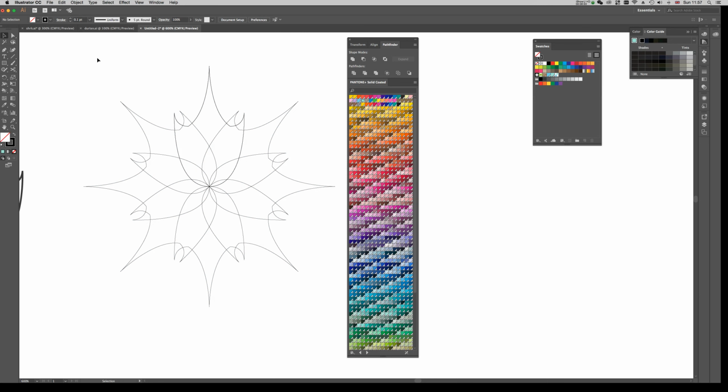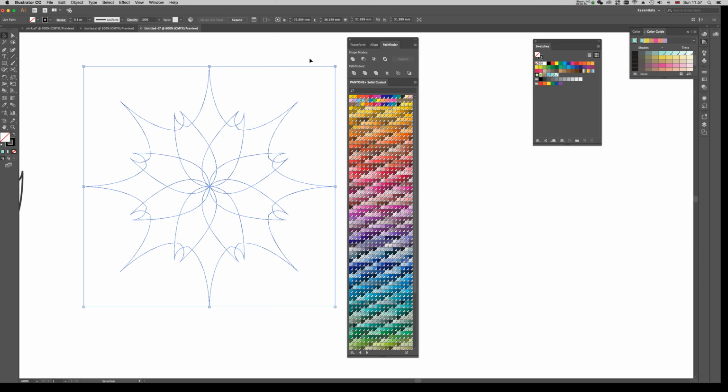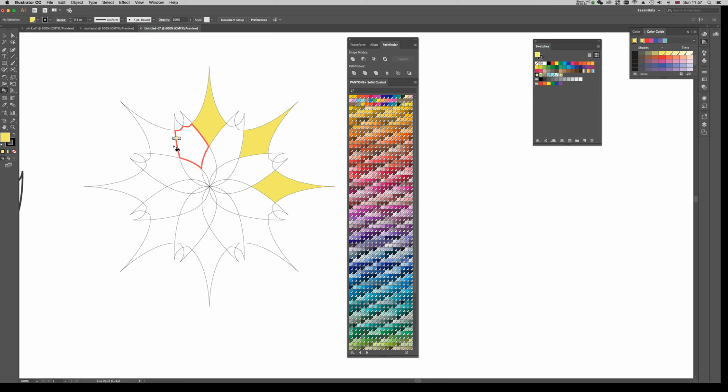And I would like to paint this. So what I do is select it all and I press K. When I press K, I can just click in one of these areas, and then you can start painting. So the way to do it is I'm going to click outside. I'm just going to select the first color, which is going to be a yellow color. I press K, and I can just start painting my star